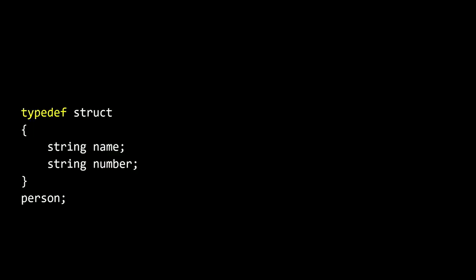Well, last week we introduced you the notion of typedef, where you can create your own customized data type that does not exist in C, but does exist in your own program. And we introduced this keyword typedef. We proposed last week that this was useful because you could actually declare a fancy structure that encapsulates multiple variables like name and number. And then we called this data structure last week a person. That was the new data type we invented.